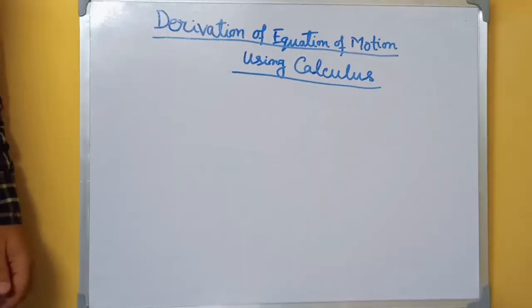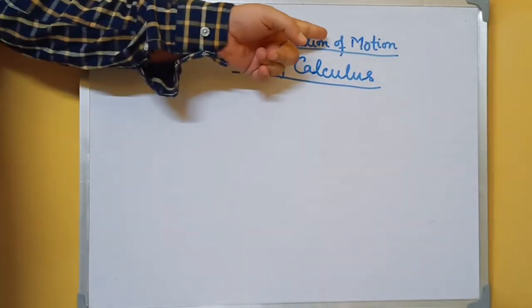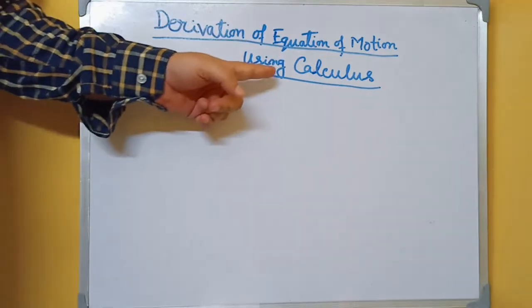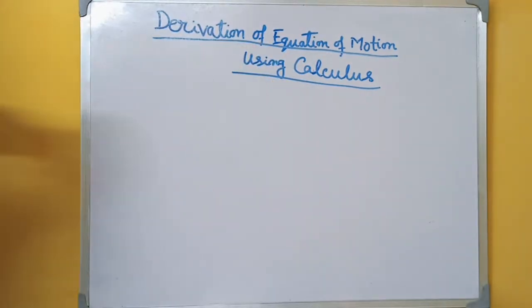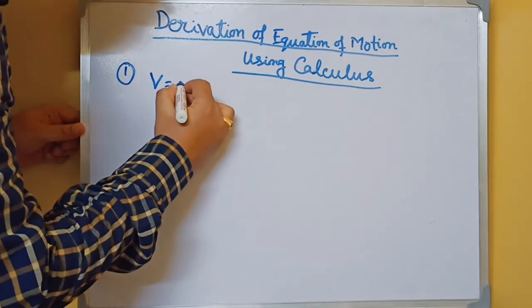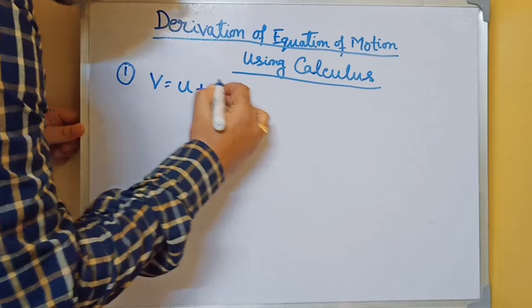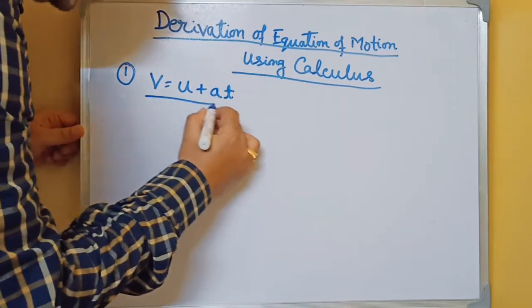In today's video, I will show you the derivation of equation of motion using calculus. Today we discuss the derivation of equation of motion using calculus. The first equation is v = u + at. Now I prove it using